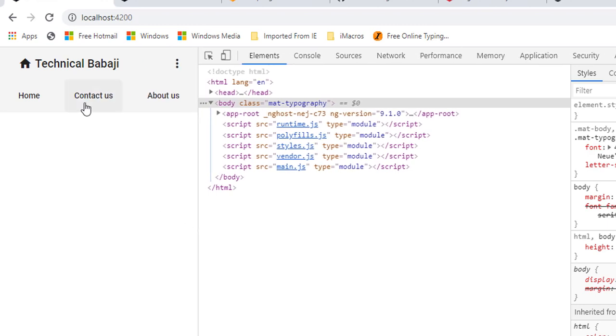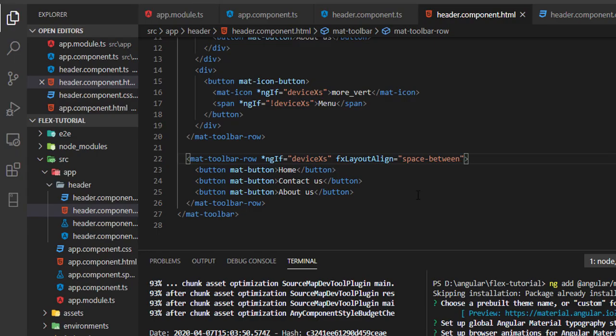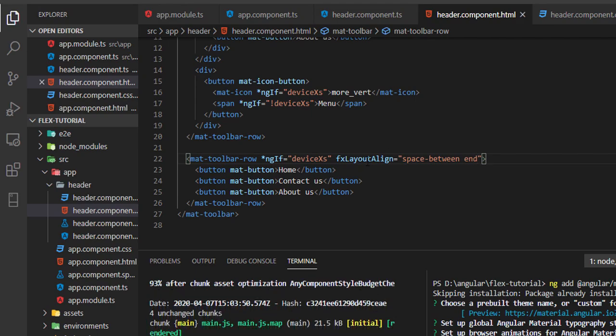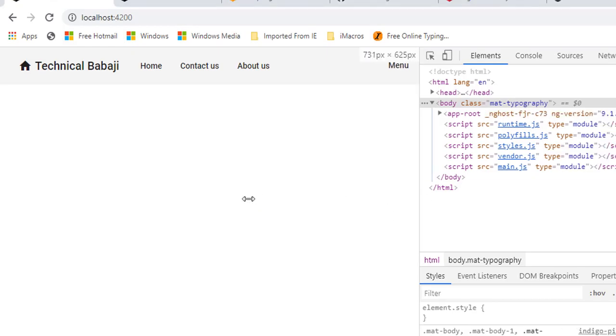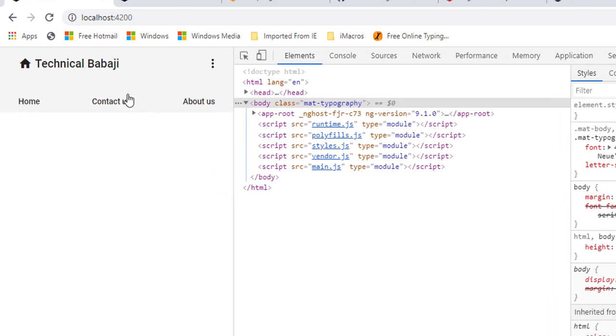Now the next thing I want: the button is coming in the middle, and I want it to be at the end of the next row. So just apply end here. Save this. Now just check it. Now you can see it's automatically coming to the bottom.